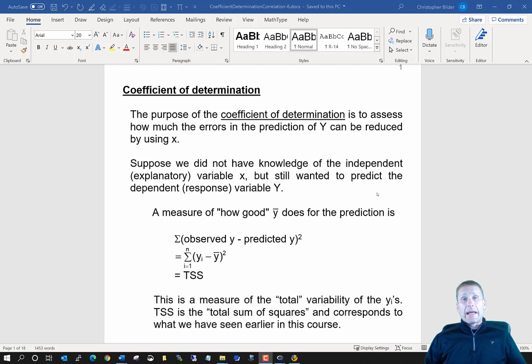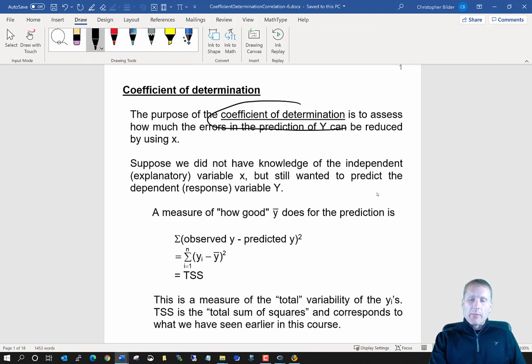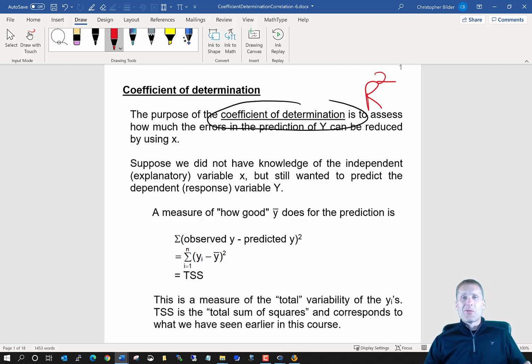Next, we're going to look at a numerical summary measure that allows us to evaluate how good a regression model is doing with respect to predicting or estimating y. This numerical summary measure is called the coefficient of determination, although most people just simply call it R squared for short. Okay, so to help set this up,